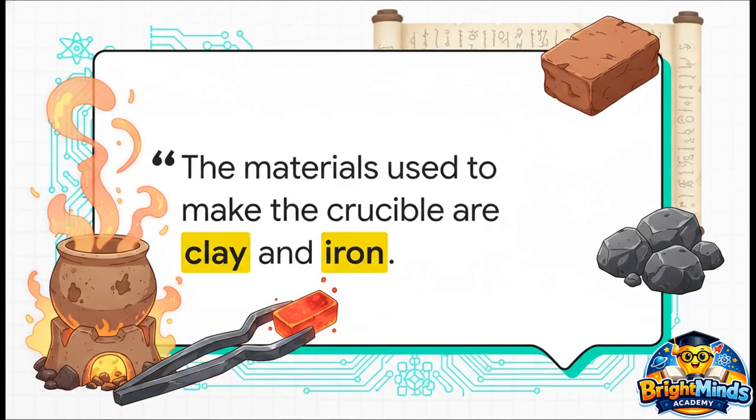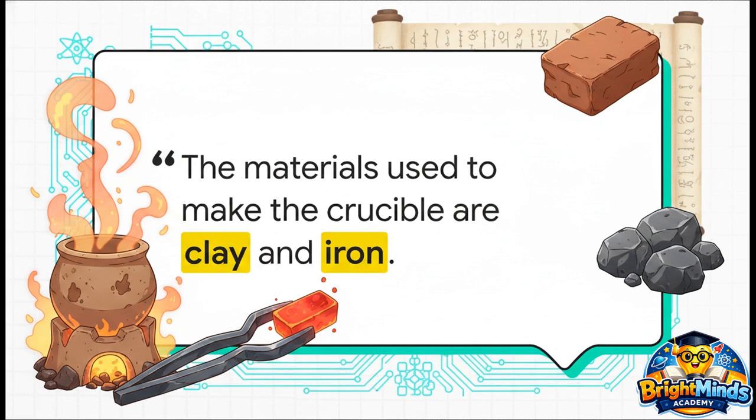You know, you might think material science is a purely modern discipline, something born in sterile, high-tech laboratories. But humans have literally been obsessing over materials since ancient times. Take this quote from the ancient Sanskrit text, the Rasaratna Samuchaya. It translates to, "The materials used to make the crucible are clay and iron." Even thousands of years ago, early scientists and artisans were carefully selecting very specific materials. They needed heat-resistant clay and durable iron to smelt and manipulate other substances. They understood that the world is built on a foundation of materials and that mastering them is the absolute key